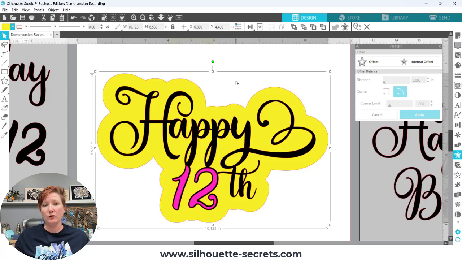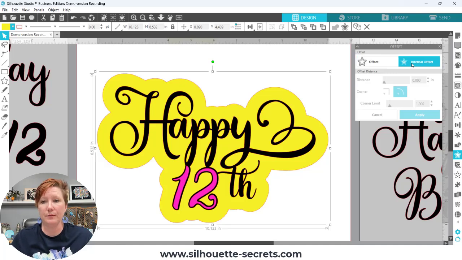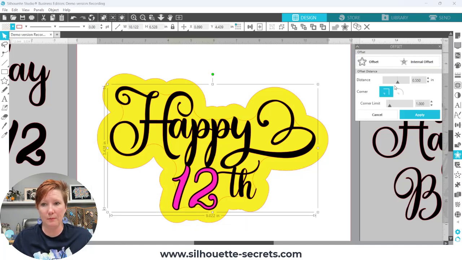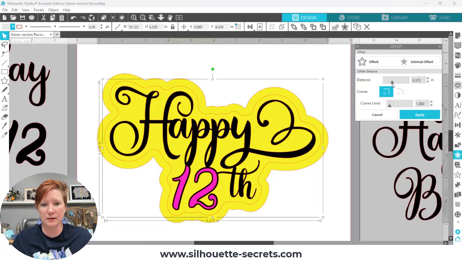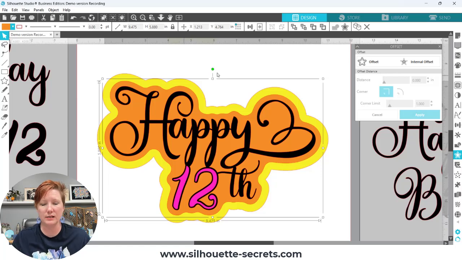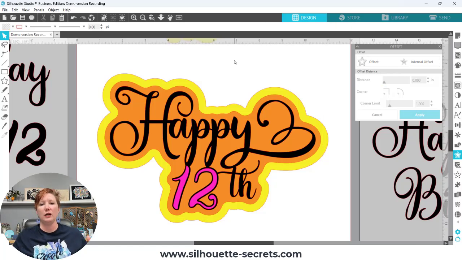If you think that's too big, you want it to come back in a little bit, to refine that, then simply come over here to internal offset, and you can bring that back down. So I'm going to decrease that distance and maybe bring this back, click apply. Now I'm going to fill it with a different color so you can see this. So then you can bring in your offset just a little bit more. So both methods work,